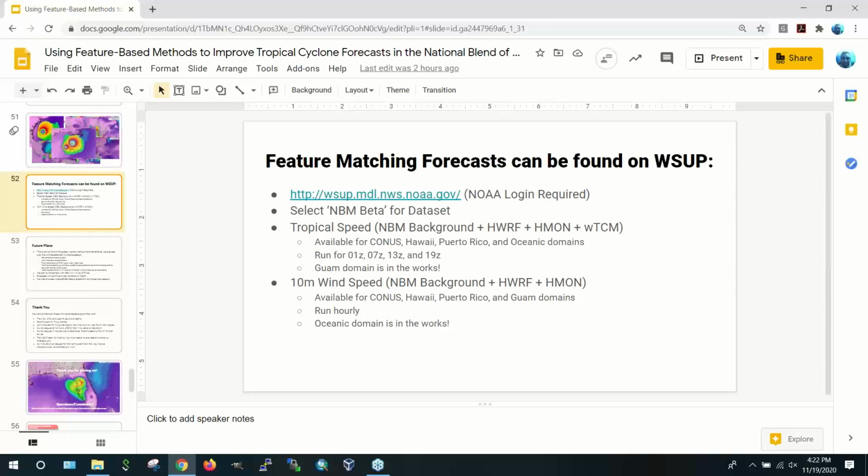Now, because we're running right now on tropical NWP, which only runs under certain conditions and tends to very heavily feature the tropical cyclones, we're able to make some assumptions that allow us to be a little bit less stringent in our logic. So I think we'd have to really take a fine-tooth comb to things like our matching algorithm and really refine thresholds and criteria to do it. But I think we could apply this to any number of high-impact weather events. Okay,